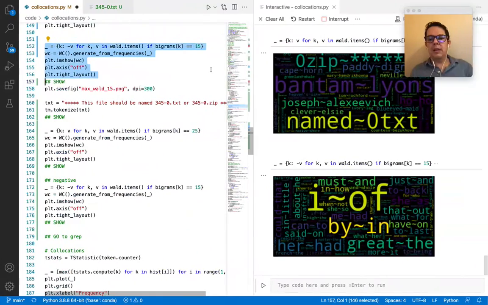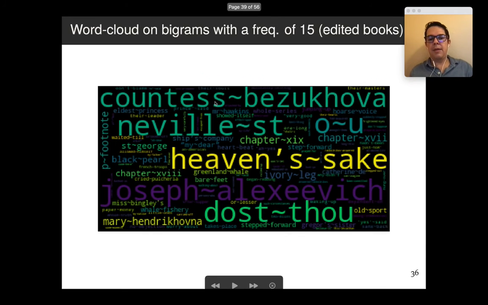Let me go to this last word cloud that has been computed already. What I did to compute this word cloud was remove the header of all the files, and I think I only removed the headers of the files, and we can see some interesting